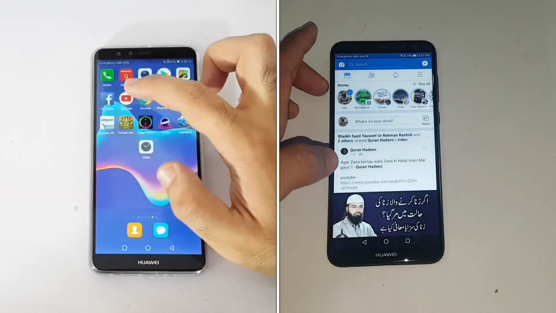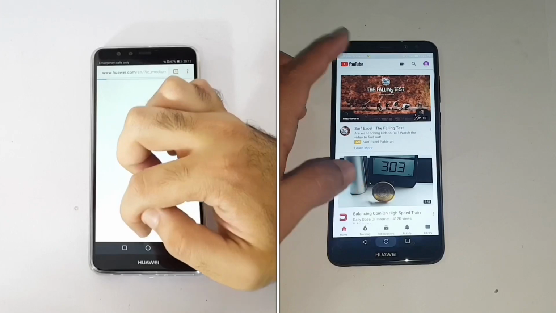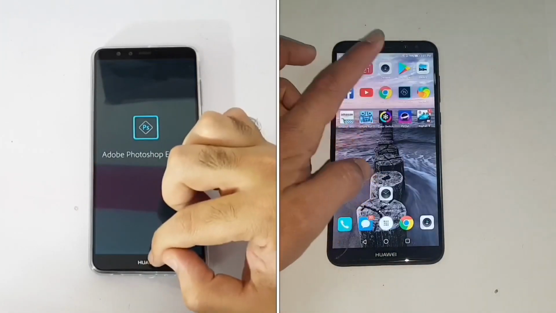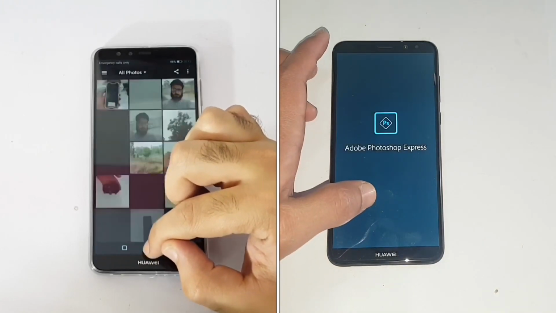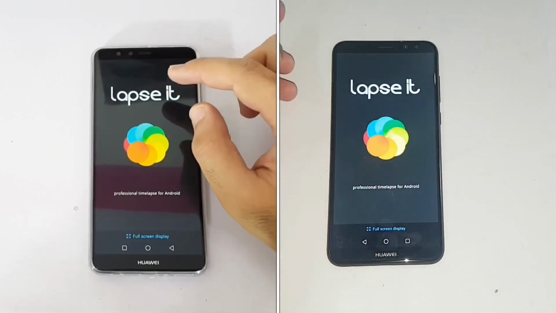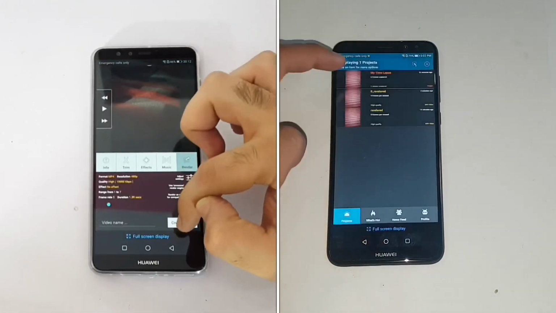You can see right now both are going just head to head. There is only a minor difference. Y9 is actually taking the lead, and in the next round I will be doing the RAM management test for both these devices to see if all these applications which we just opened in the first round are running in the background or not. So we are on the lap set, which is the first round,